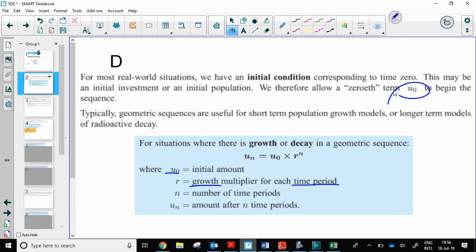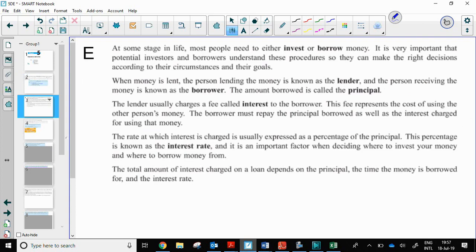N is the number of time periods, and then u sub n is going to be the amount that we have left over at the very end. And really, most of the questions in this section are just putting stuff into the formula. So they weren't very exciting. I want to go straight to section E, because this is kind of a more,